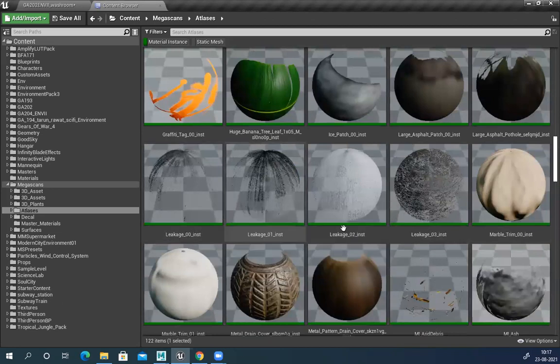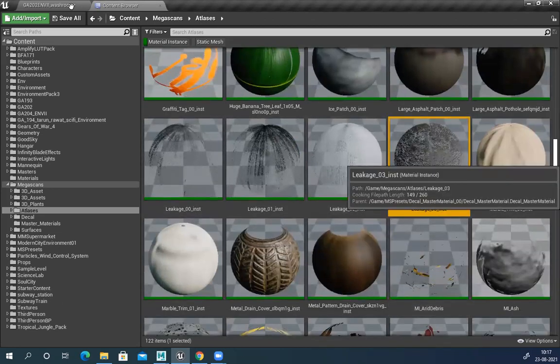Because there's a lot of leakage, dirt, and all these things are there. I can use this one. Loading. Still loading.